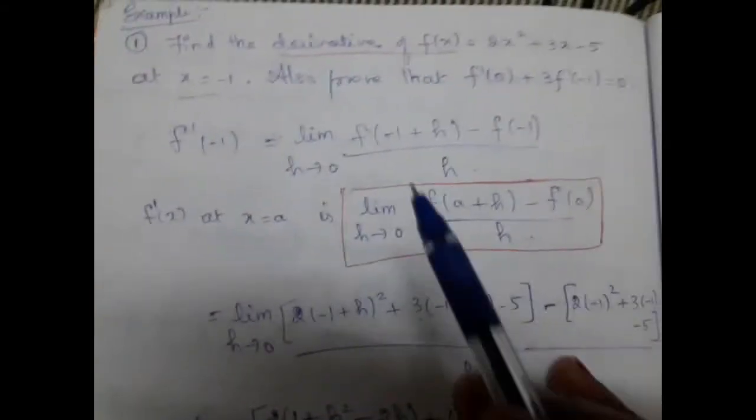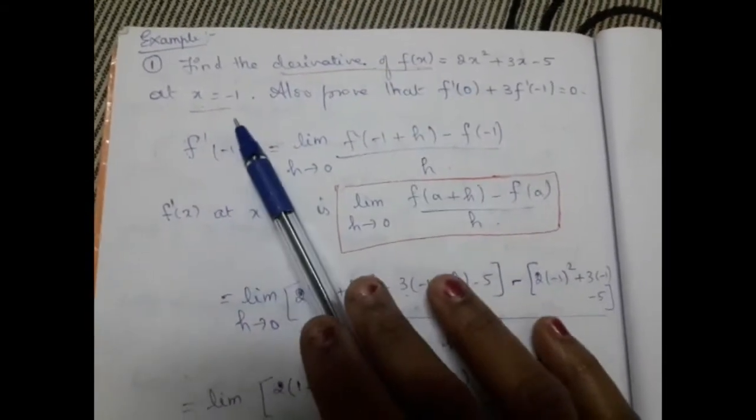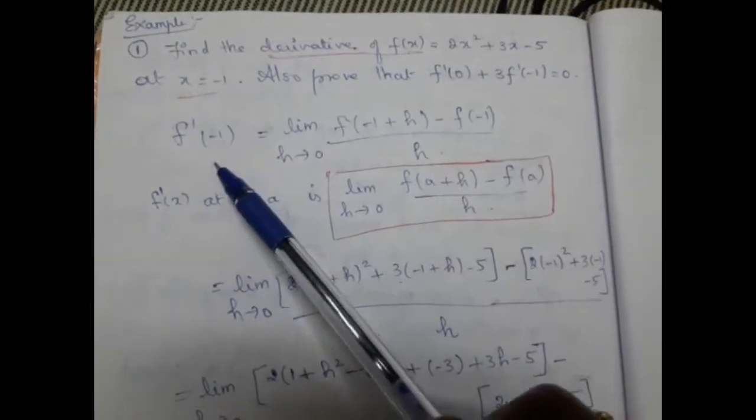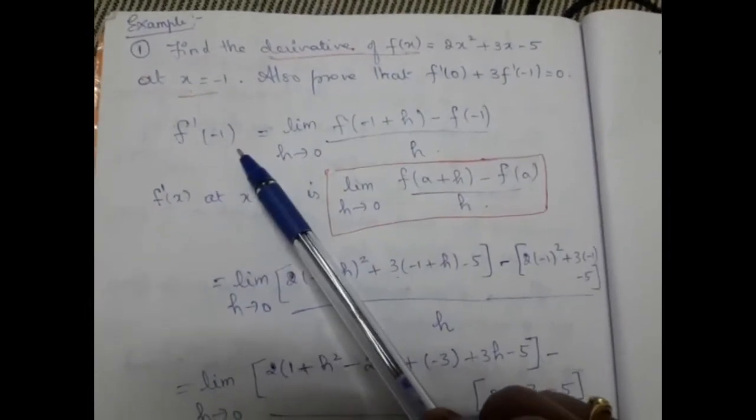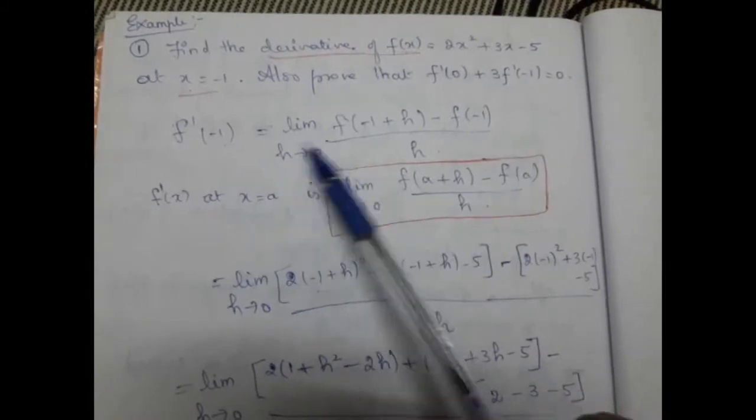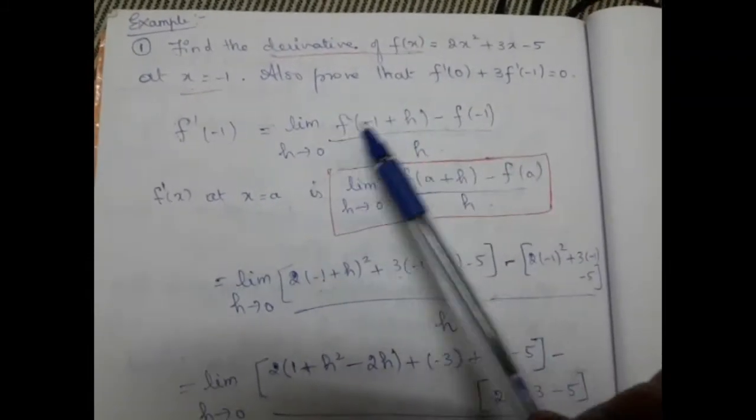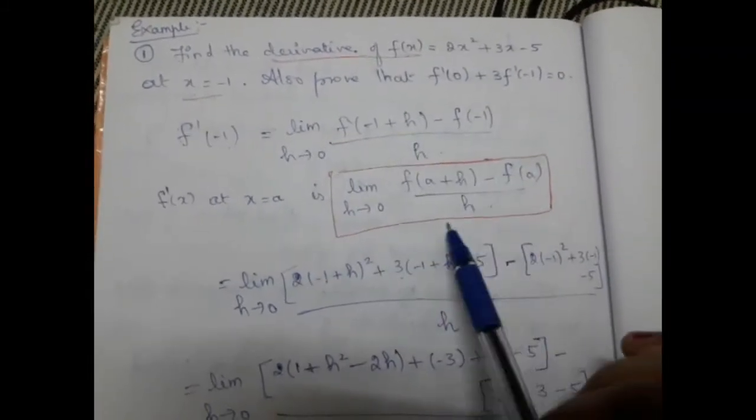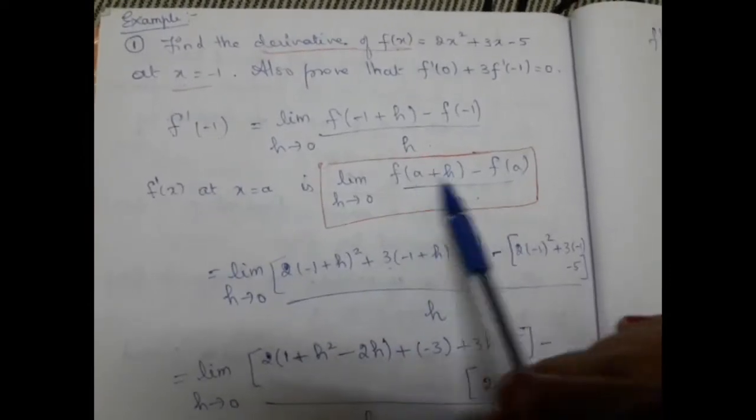This is how we have to solve the problem. If they ask you to find the derivative of the function at some particular value, we have to find f dash of that particular value, which is equal to limit h tends to 0, f of a plus h minus f of a divided by h. We have to substitute this in the definition, and then as usual we did in the previous exercise, we have to find the limit. That's it, right? Hope you understood. Let us move on to the next thing now.